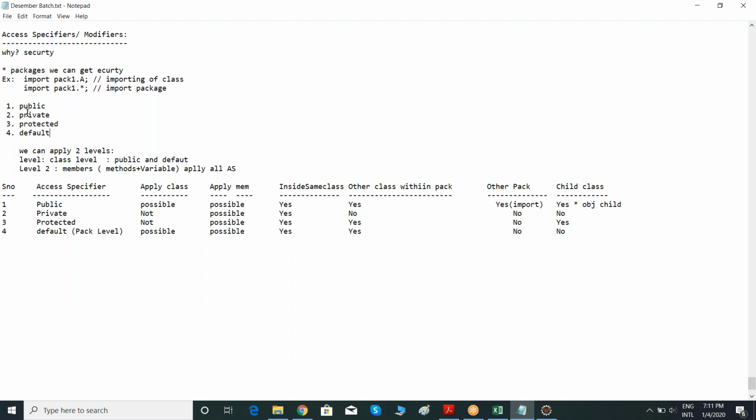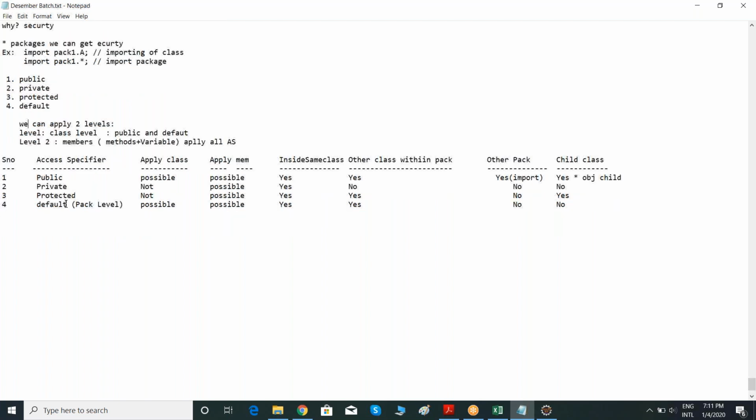So we have 4 access specifiers: public, private, protected, default. Public we can apply for class level and member level. If I mark my members as public, I can access them within a class, right? And within other classes which are present in the same package, in other packages, and child classes,